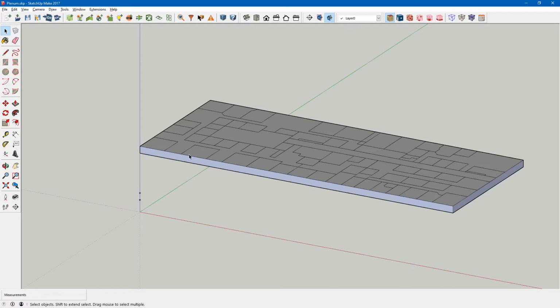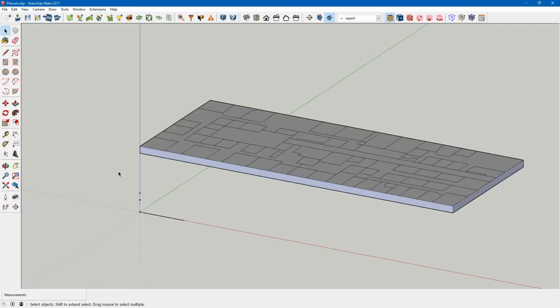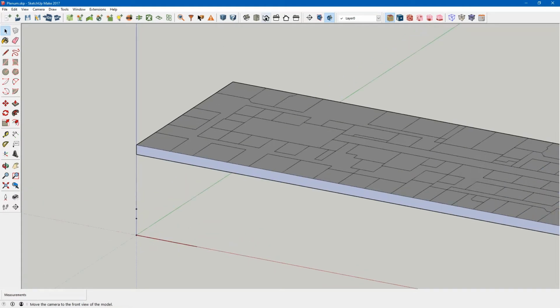Next, let's create a space. And we can just go to the origin, create the space, and select the space, and we'll just draw a line for now and exit out of the space.